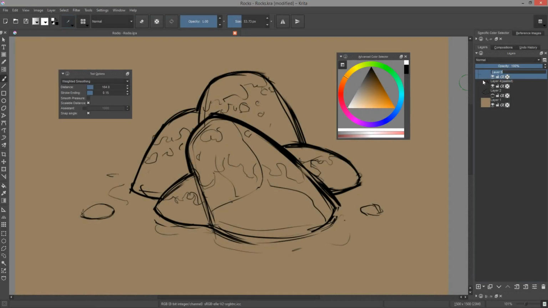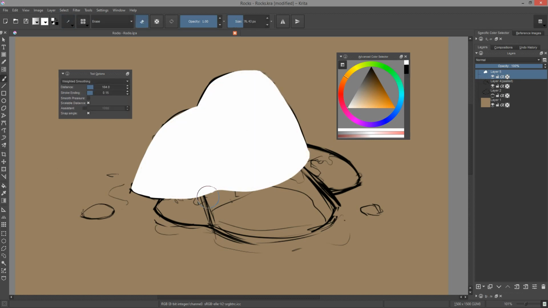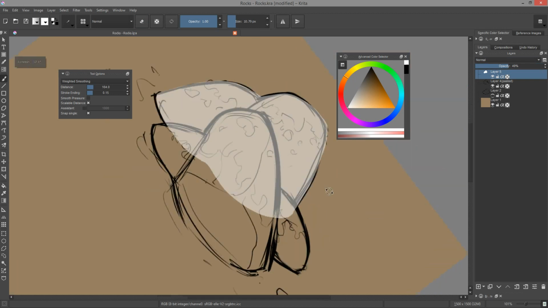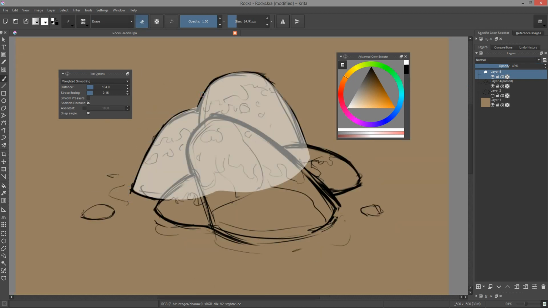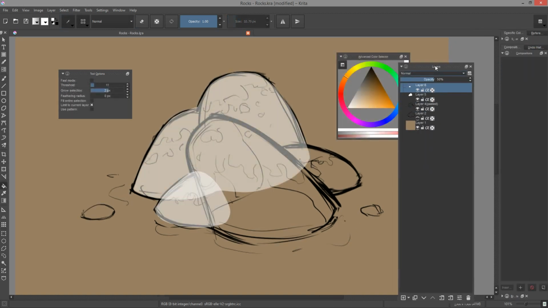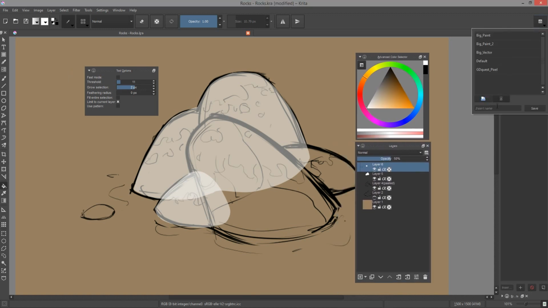It is now time to draw our silhouettes. I select an opaque brush and activate the weighted smoothing in the tool options. This helps me to draw a clean and round outline. I then fill each layer using the fill tool with a grow selection parameter of 2 to 3 pixels. Working that way will give us precise, completely opaque alpha masks to work with. At that point, I also create a new temporary workspace optimized for the task at hand. I pull the dockers I need the most right next to my painting.